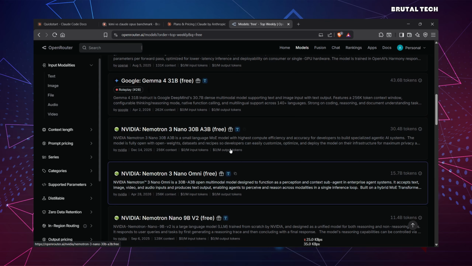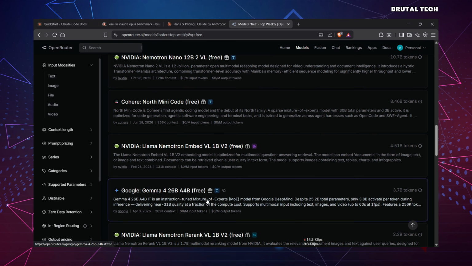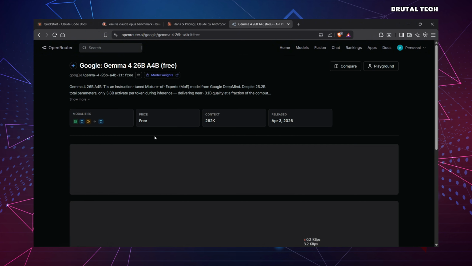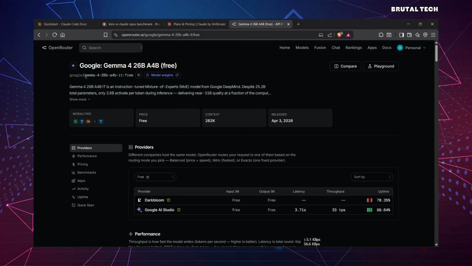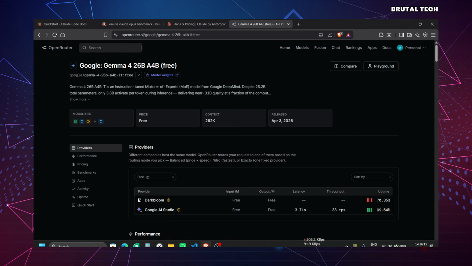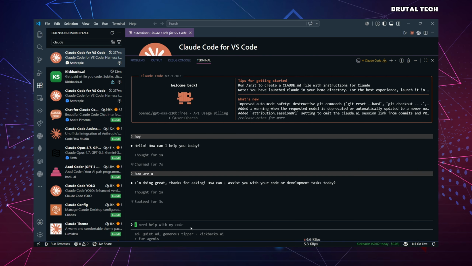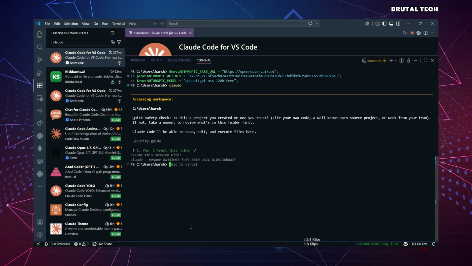After searching for free, you can use any of those models. Choose the model you want, for example this Google model, and copy its name. Then exit from there, take the command I copied, and simply rename the Anthropic model name.